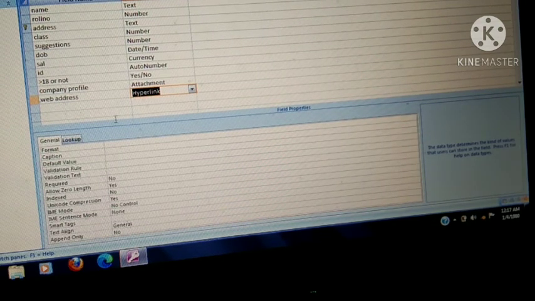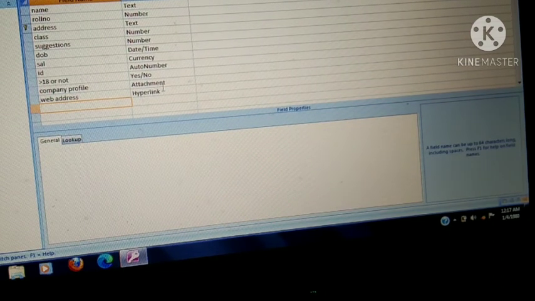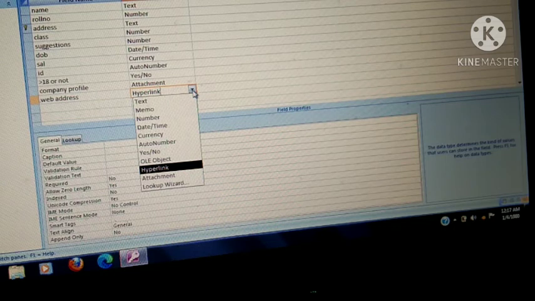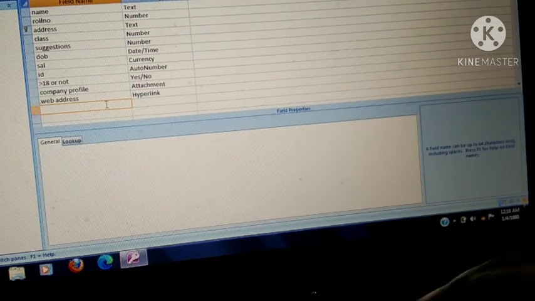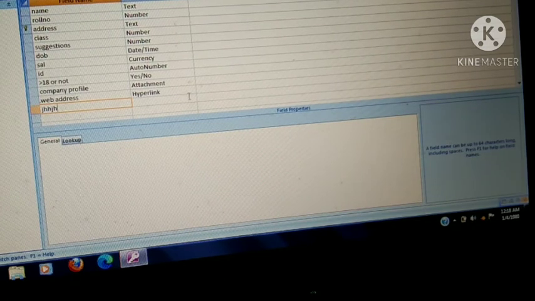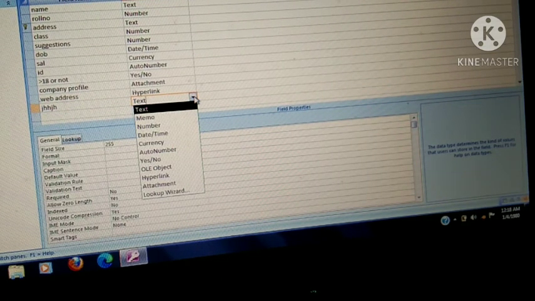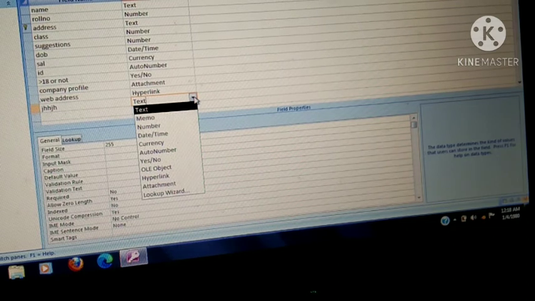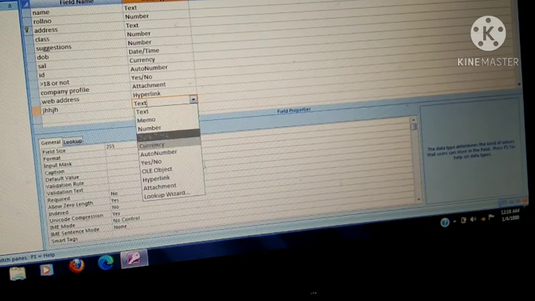Okay. Your next data type is lookup wizard. What is the function of the lookup wizard? Suppose in this particular field, I am writing here the field name, and in this particular field I want to take the data from some other table. In this database I do not have any other table, but I want to take data from some other table.